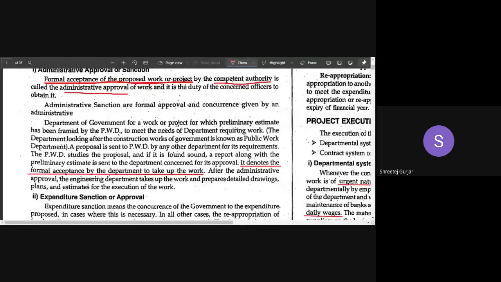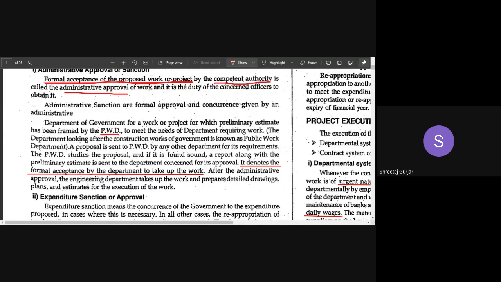Now coming to governmental works, that is mainly regarding the PWD department. What do you mean by PWD? It is the Public Works Department, wherein they take up governmental construction work. Whatever the government has to construct, it is done by the PWD department, right? Like a bus stop, any road, any sanitary work, or any work that is related to government has to be taken up by this particular department, PWD.